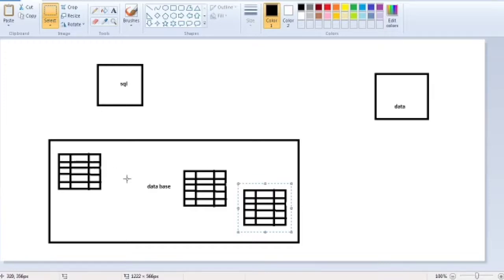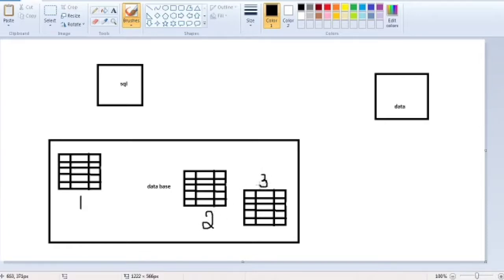Suppose if I don't mention the table name, what happens? If I want to retrieve data from this table, how can I call it? Suppose this table name is 1, and this table name is 2, and this table name is 3.